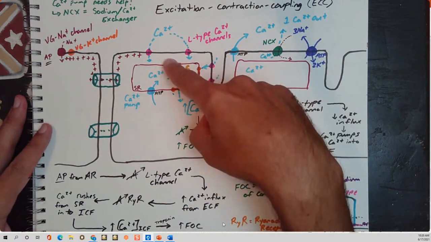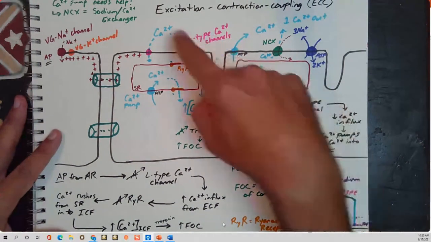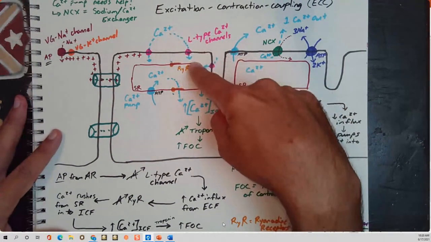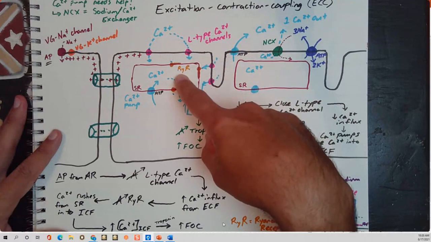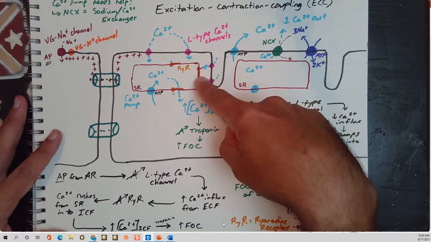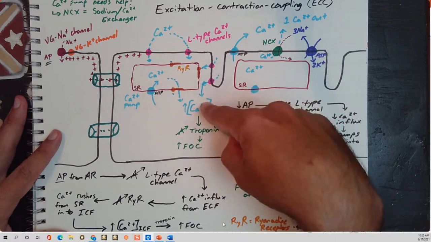When it makes it there, it's going to activate the L-type calcium channels, and calcium is going to start to move into this cell, thus activating the calcium-sensitive calcium channels, ryanodine receptors, opening them, at which time the big bag of calcium, the SR, can release that calcium